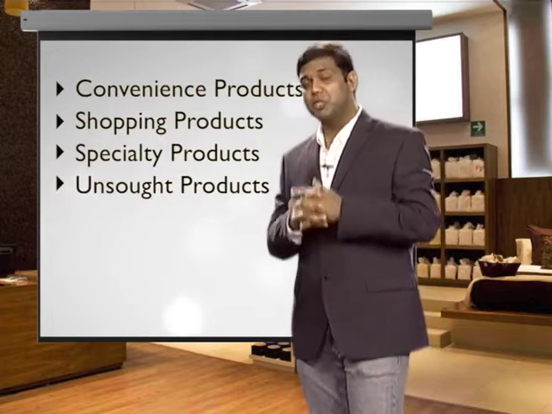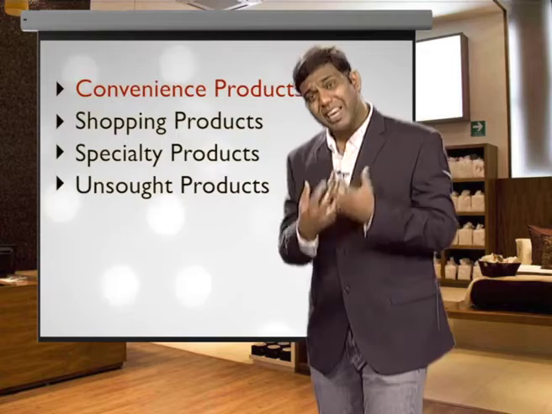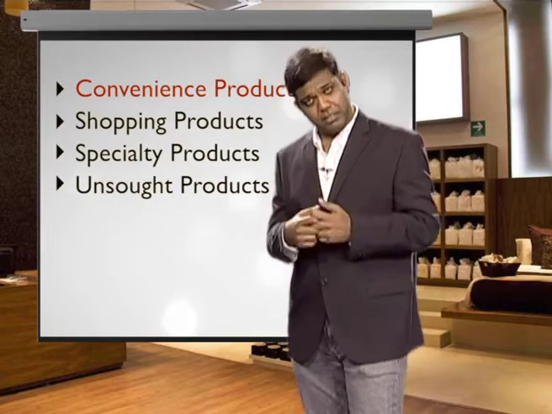Convenience products are those products which the customer is trying to buy at his or her convenience. These generally include soaps, shampoos, FMCG, etc., which are bought at a higher frequency and without spending too much time and effort in deciding which product to buy. It is highly unlikely that the customer will want to travel 10 or 15 kilometers to go and buy a piece of soap; the customer might buy the competitor soap that is available nearby to his house.